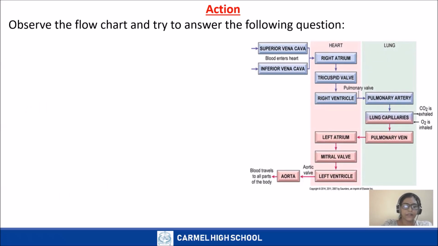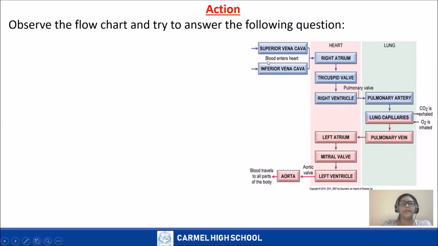So now, first thing in the flow chart, I want to make all of you very clear. One side is saying all about the heart, the different blood vessels which are entering the heart, leaving the heart, and reaching different parts of the body. So one part is representing the heart and the lungs on the other side. The different blood vessels again enter the lungs and from the lungs come back and reach the heart again, right? So let's start with the vena cavas.